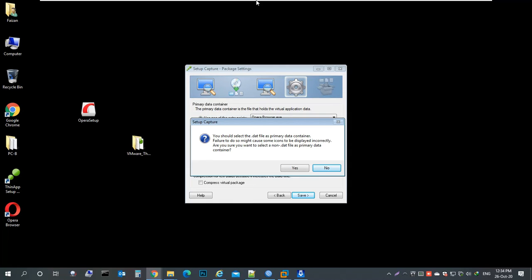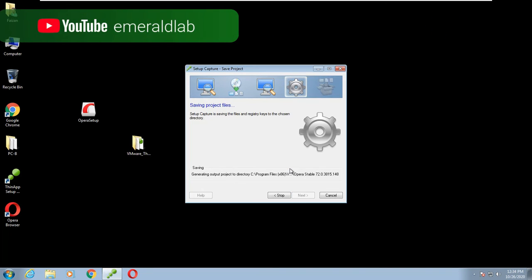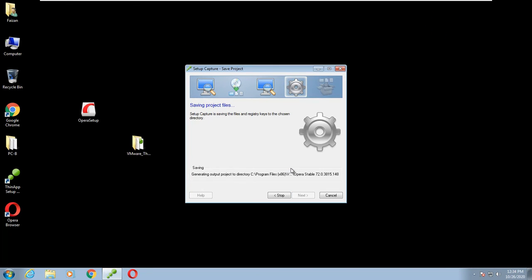Save your configuration settings. You can click Edit Package INI to further customize the application. You can also select Open Project Folder to browse and modify the list of captured files and registry keys. Click Build to generate executable files for